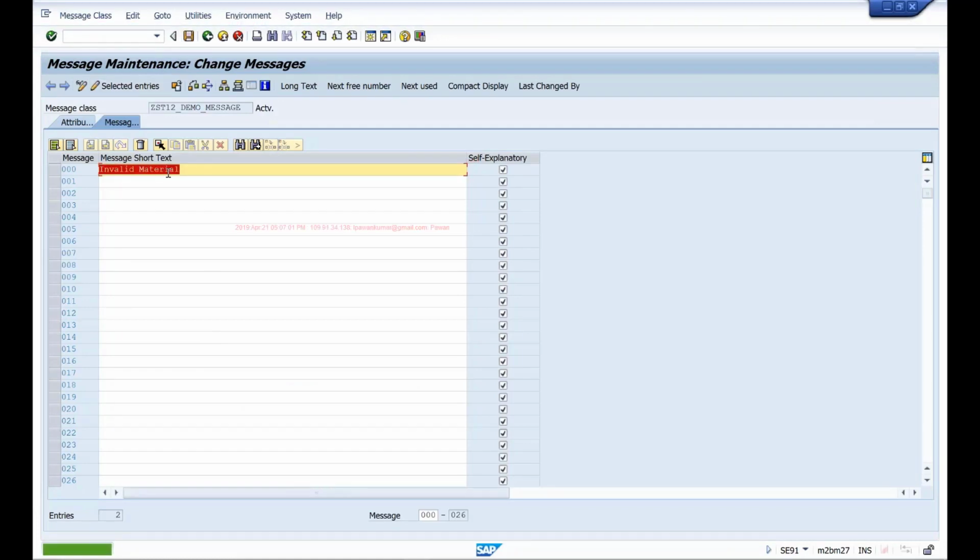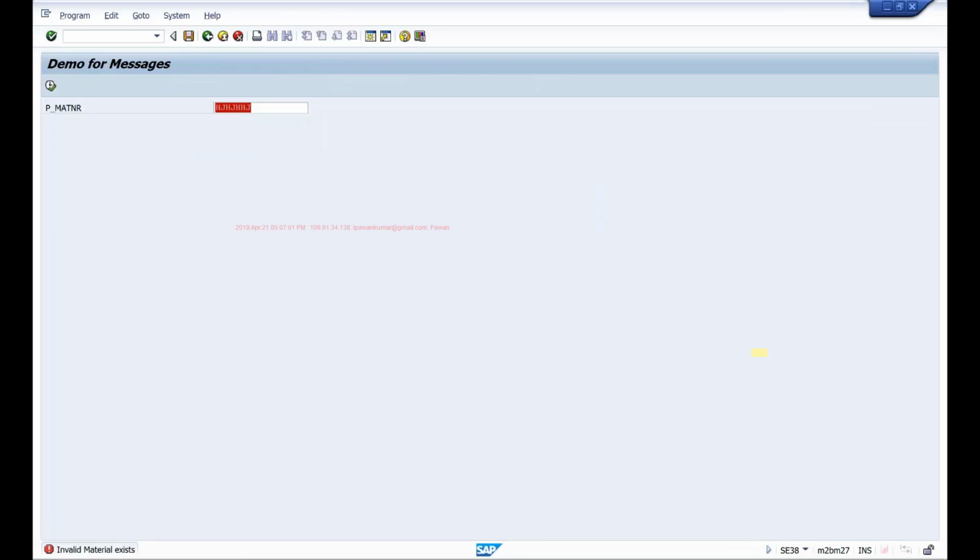So instead of saying invalid material, I want to show a message where the material, whatever the user has input here, so it should be the material HJ, HJ, HHJ does not exist, something like that. So I want to show a dynamic message. So whatever the user inputs in this field should be displayed in the message text.